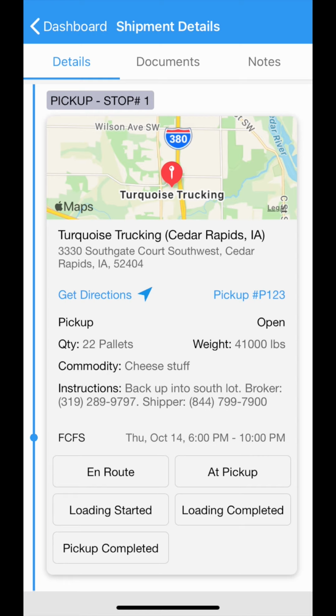It says first come, first serve, and it gives a time range, and it has buttons. Don't worry about the buttons. Just let your dispatcher know things like when you arrive somewhere, your ETA, stuff like that. Communication is key, so make sure your dispatcher knows these details.